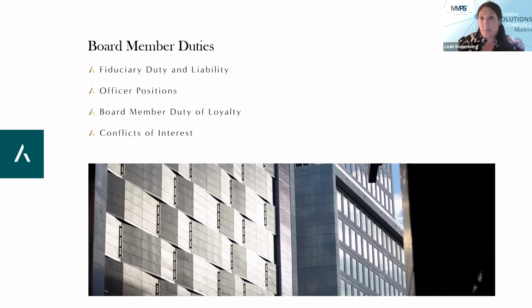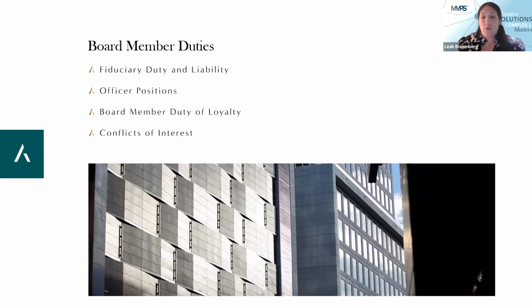But on a general sense, you usually have a board. Typically it is an odd number so that when it comes to voting, the votes come out a bit easier. And then there's usually certain officers, and the officers typically consist of a president, a vice president, a secretary, and a treasurer. Now there can be assistant treasurers, assistant secretaries. You can have multiple vice presidents. And anyone that doesn't hold an officer position is either a manager on a board of managers for a condo or a director on the board of directors of a co-op.